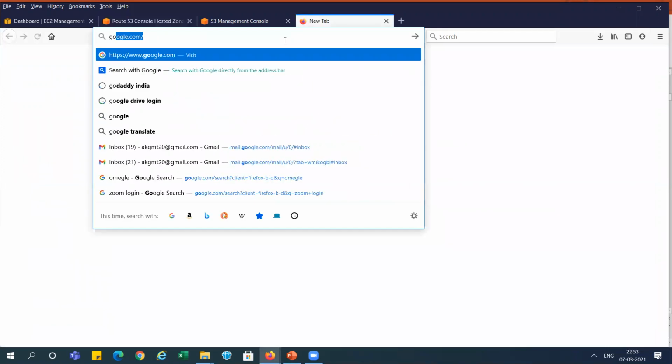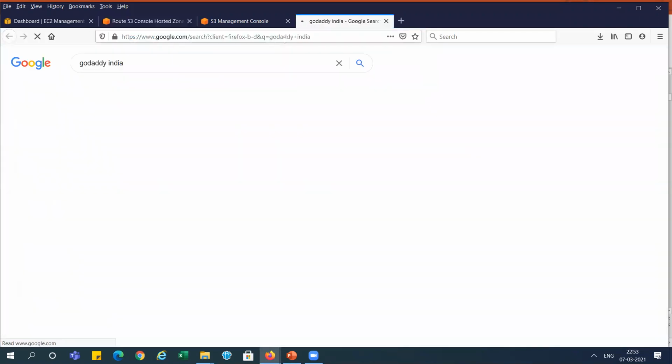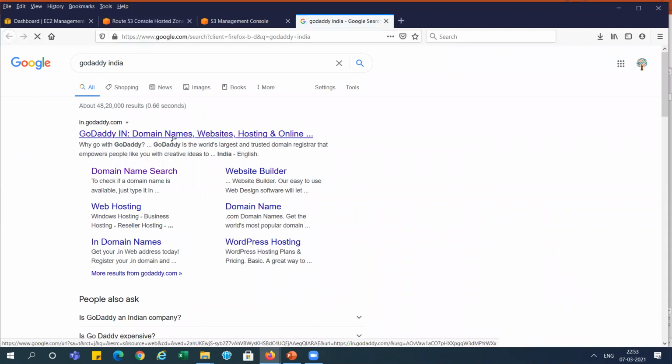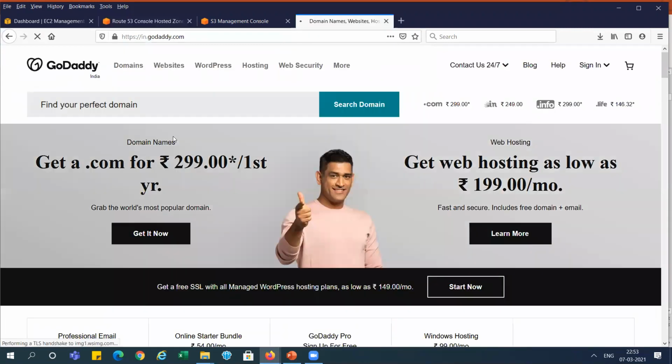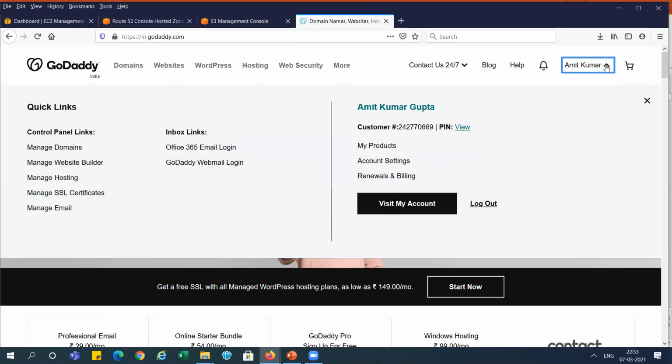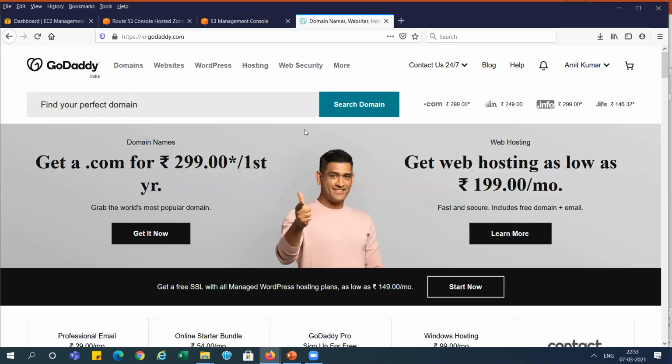Let me log in to GoDaddy.com and show you here. First, for purchasing the domain, you need to go and create an account. You can see my account is already created here. After creating the account, you need to purchase a domain. You can search any domain here.